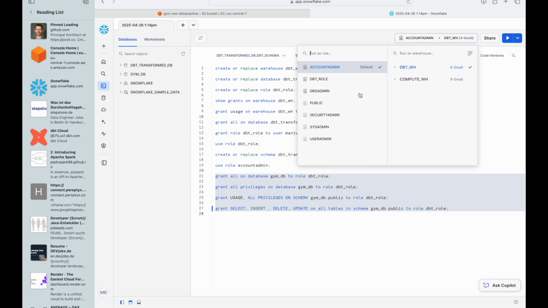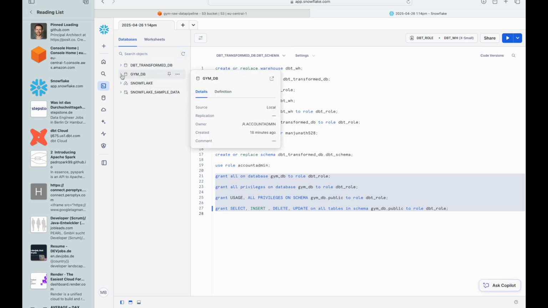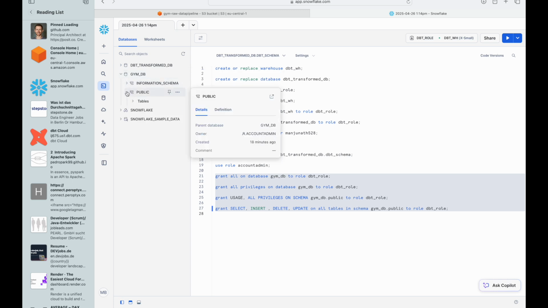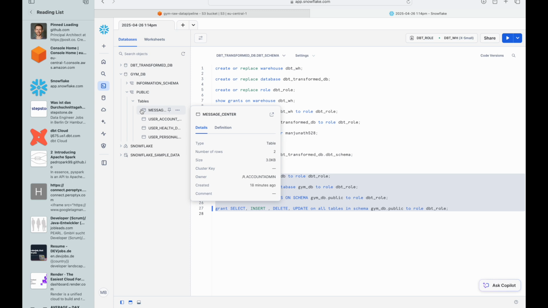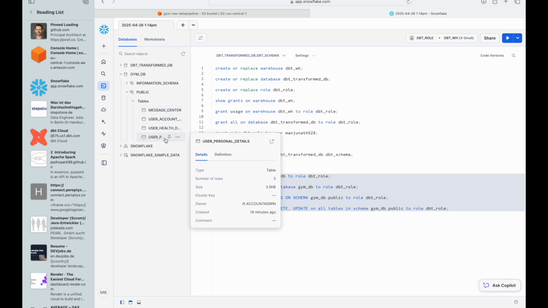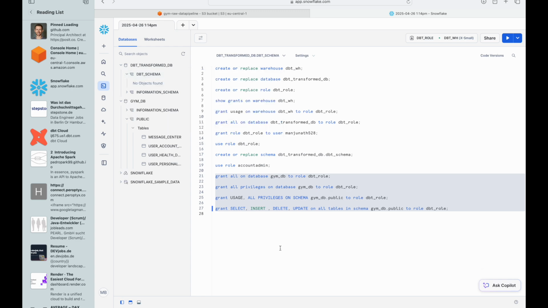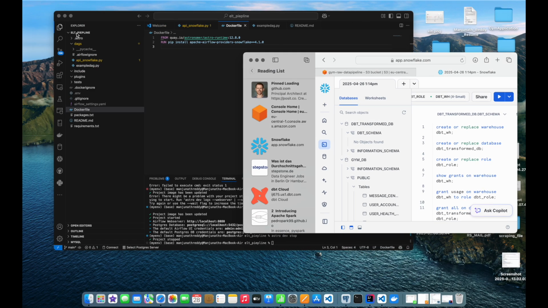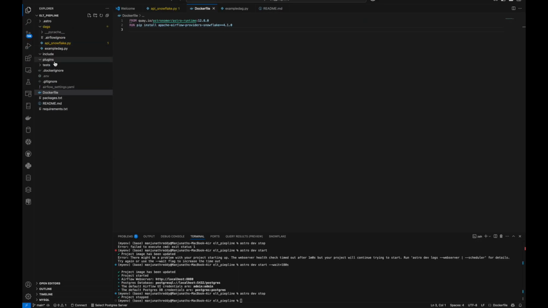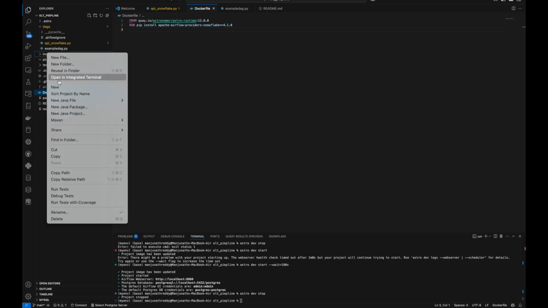So if we go back to our role, once we refresh it, here we can see that we have access to our source database. Within our source database, we have complete access to our tables. Now we have to convert them into fact and dimensional tables into our final tables within our DBT schema. So now we have to initialize the DBT project within our Airflow project. If we want to include some projects into our Airflow project, we have to do it within our include directory. So I just copy the file path